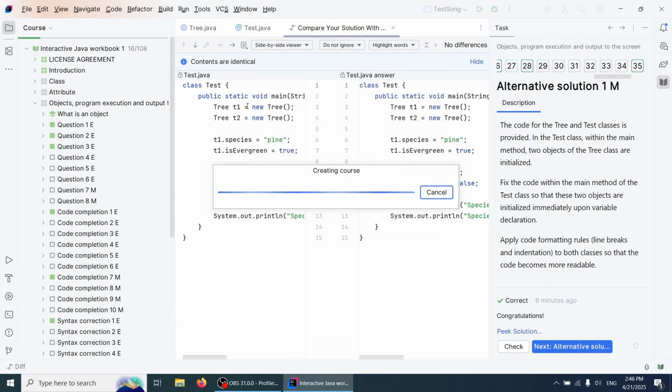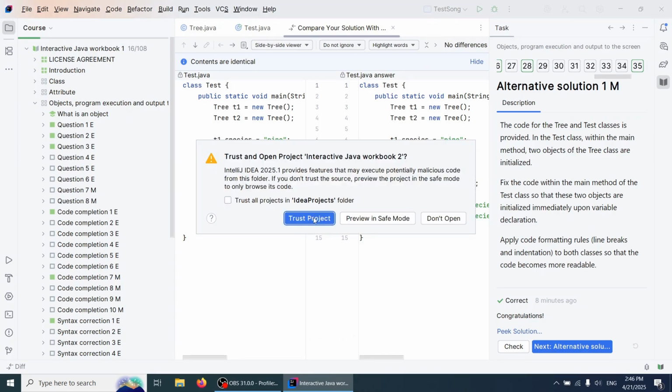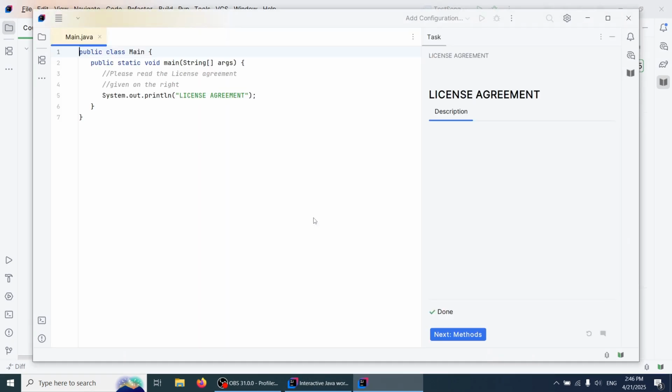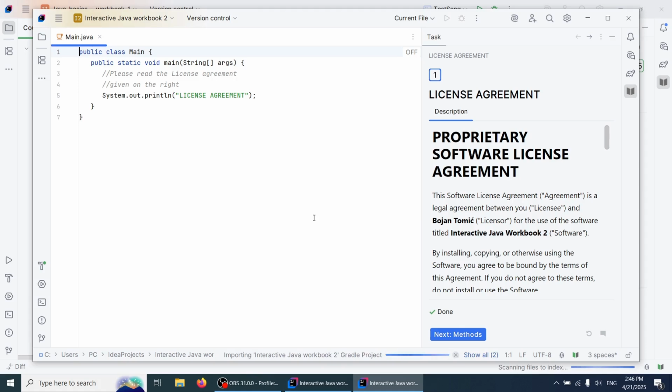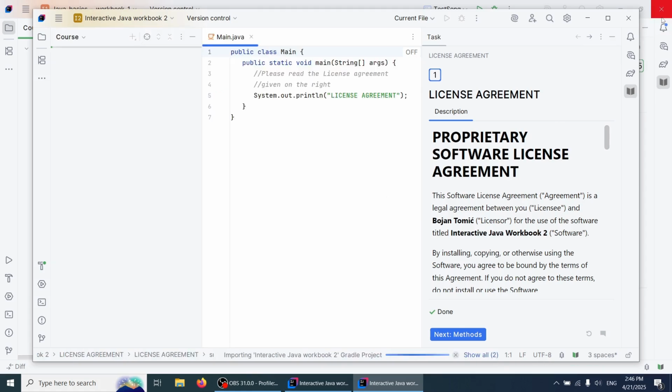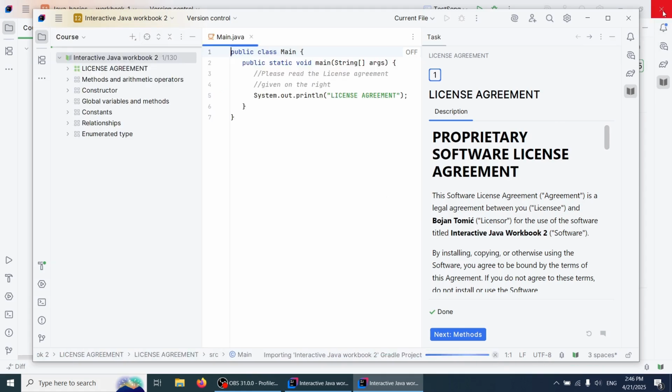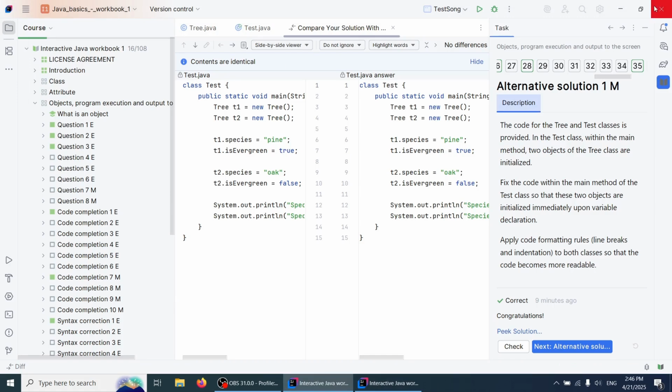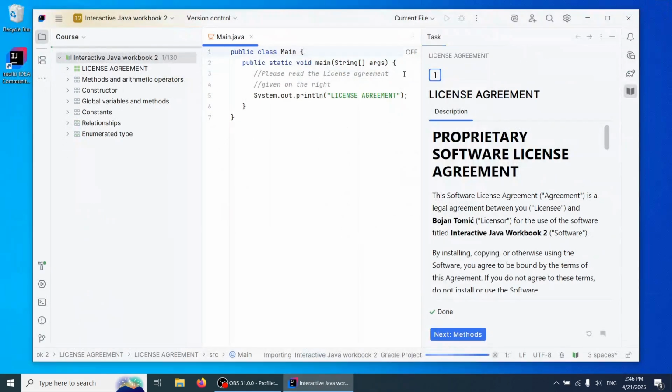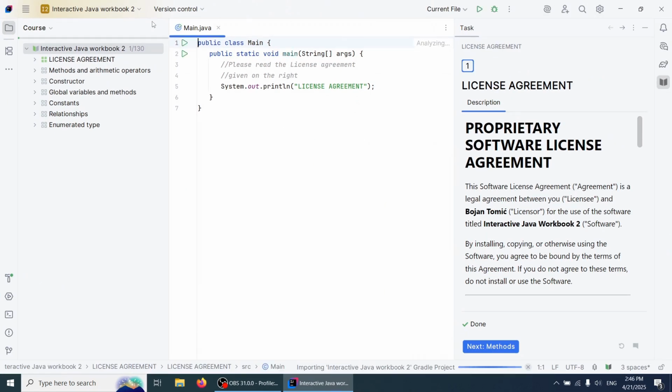So the course is being loaded, and OK, I trust the project, and the course is loaded in another window. So I can close the previous one. Actually, I can close this window with the workbook 1. I can open this one with the workbook 2, and